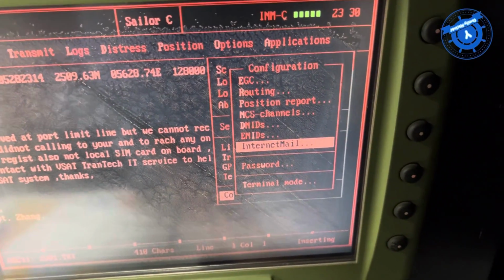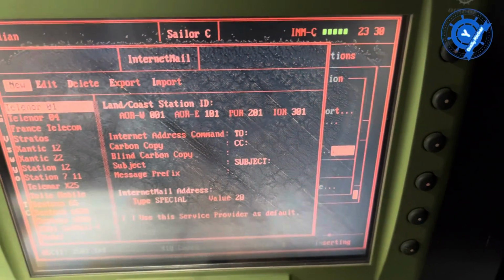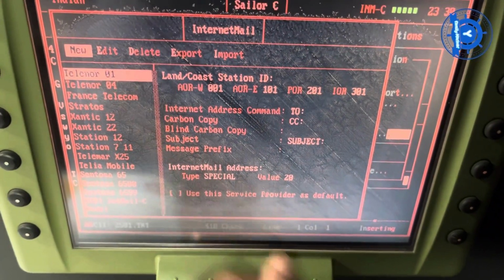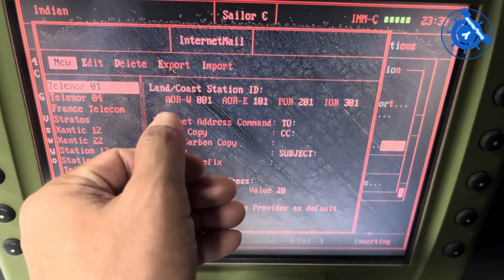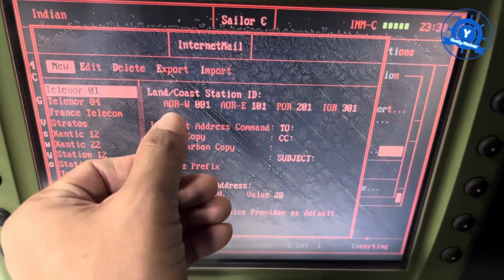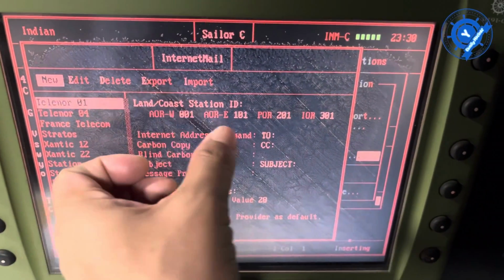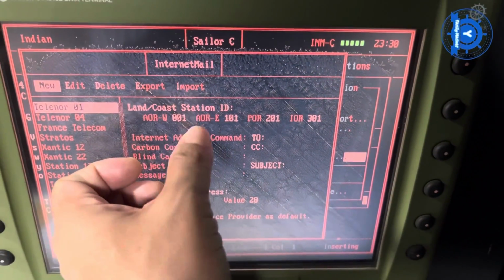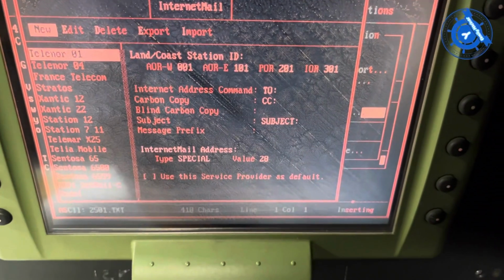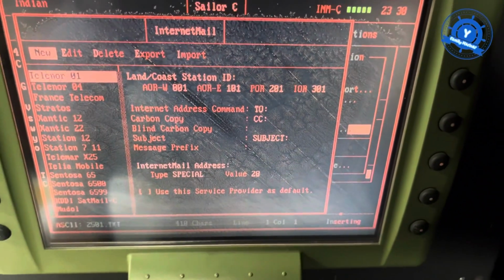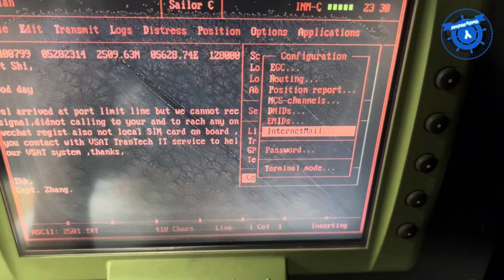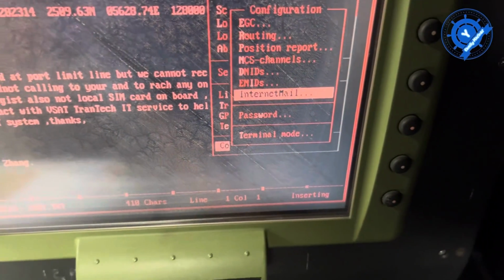And then this is for internet mail. Internet mail for land station, and also this is for Pacific Ocean region, Indian Ocean, and Atlantic Ocean region. This is for land station, for the internet mail setting. So we cannot use it, okay. Now, the other one is for password.